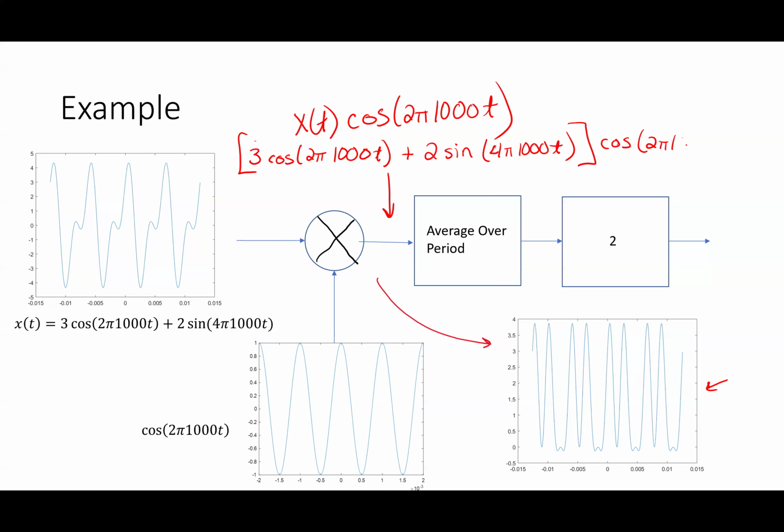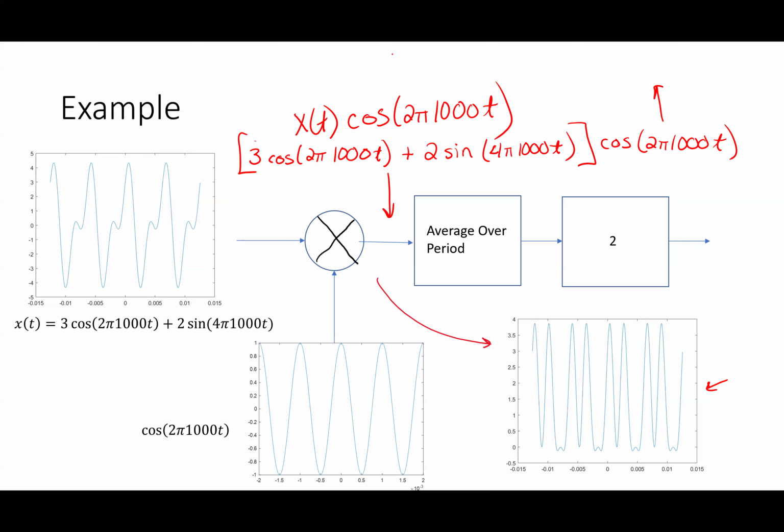Okay. You had a problem like this in the project. If I do that, and I go through that whole process, what's going to happen? If I multiply a cosine by a cosine, and I go through the trig identities to figure this out, it's basically going to end up being